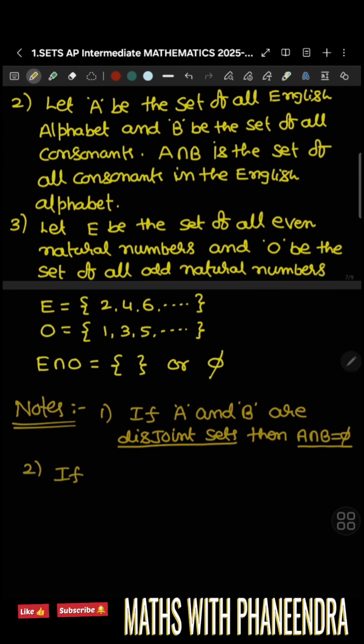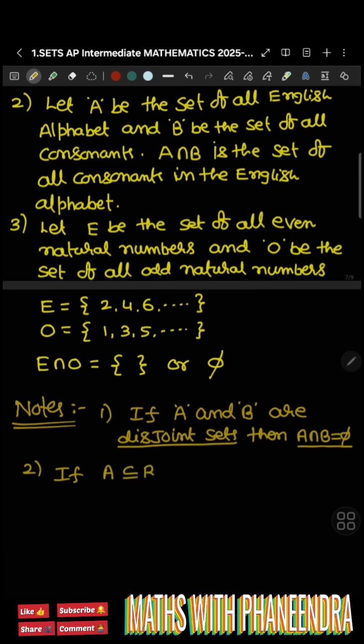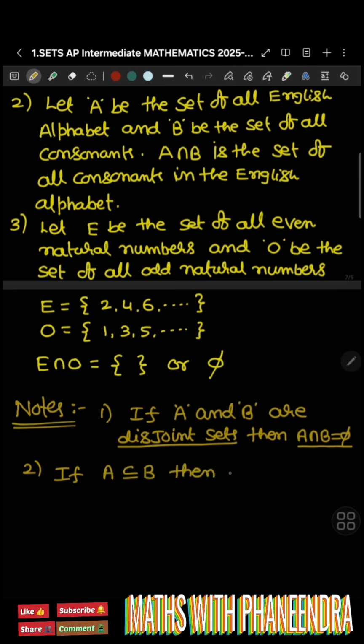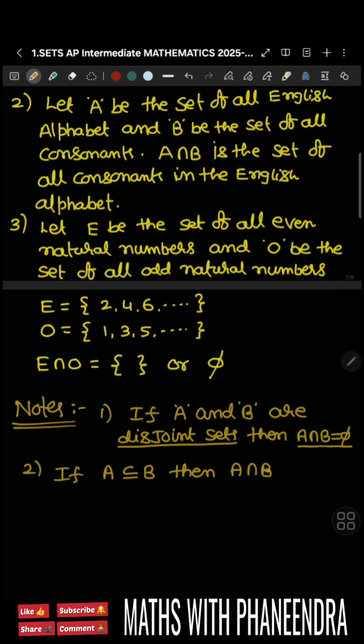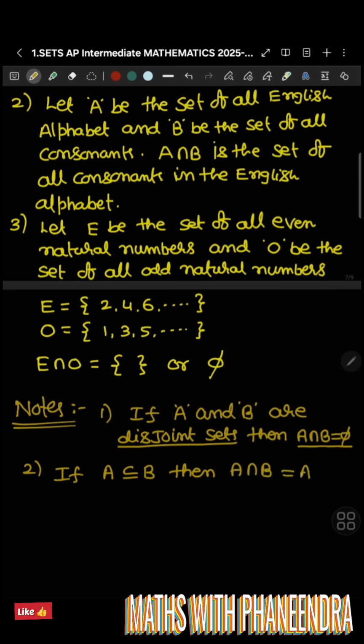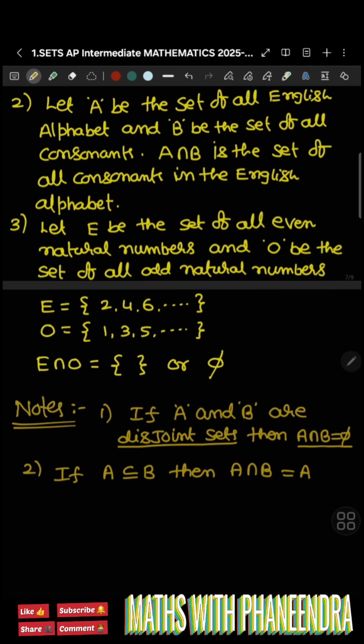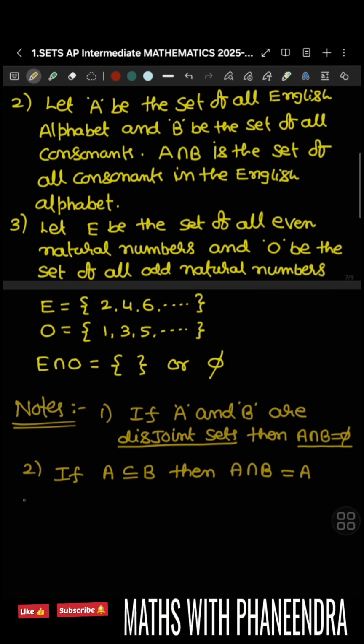Note: if A is subset of B, then A intersection B is equal to A. Here whichever the set is small, that only will come. Next, point number 3,